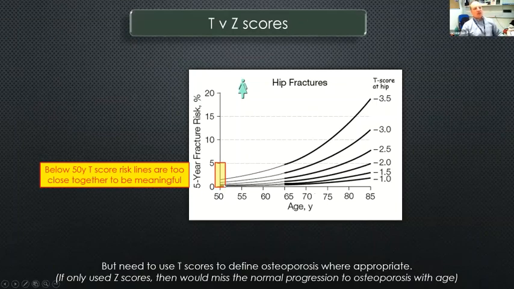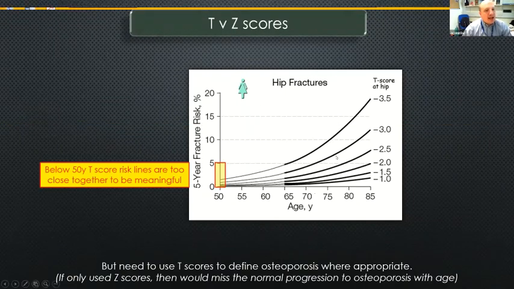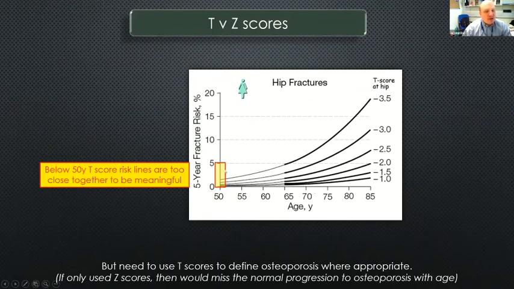Okay? So that's why we use Z scores classically before the age of 50 in men, or menopausal age in women, the average of which is about 51. Because Z scores are age matched, and T-scores are just comparing to a 30-year-old